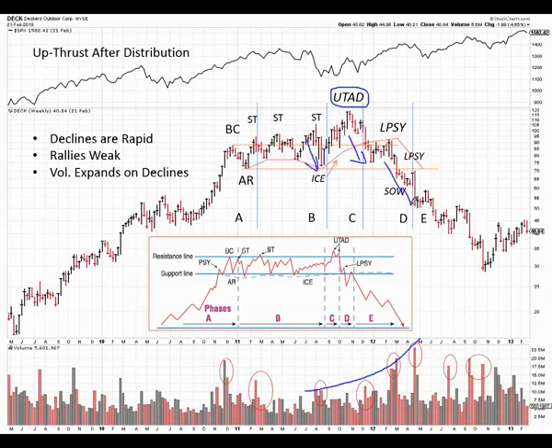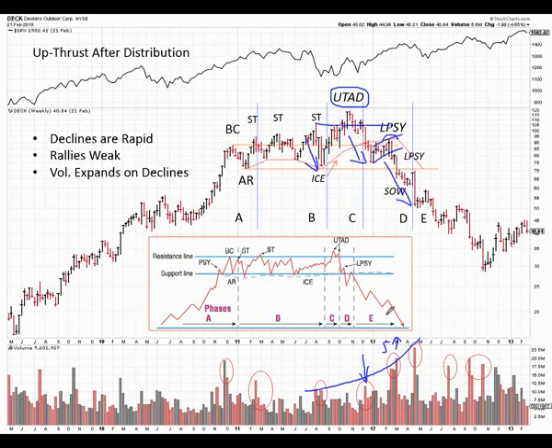Especially, one of the most important things is when you see an upthrust and then you see it try to come back into the distribution area, and you see a signature of volume expanding as that's occurring, then you want to be very, very cautious, because upthrusts can be among some of the most dramatic declining patterns, where we have this LPSY here that occurred,